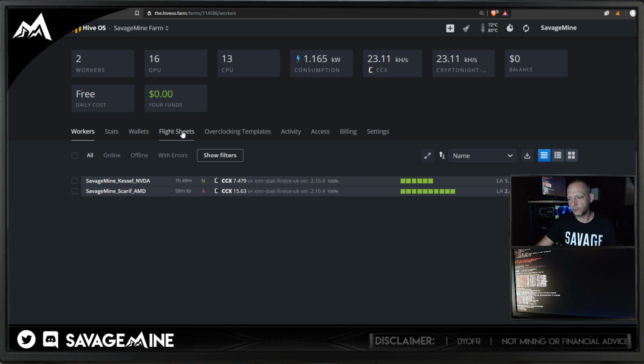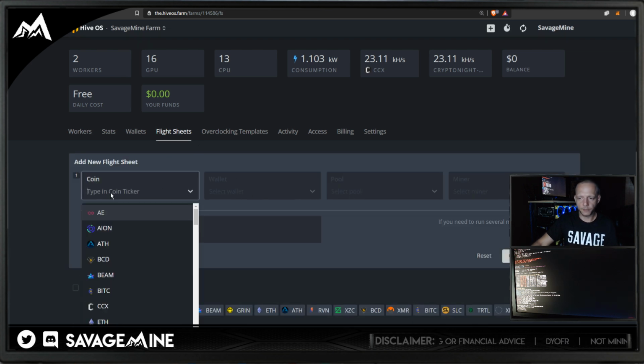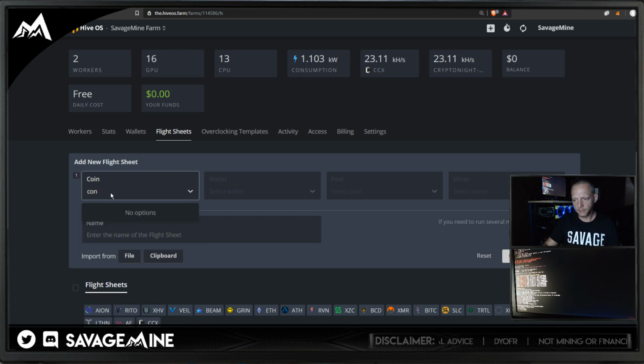So let's go to flight sheets, and we're going to be able to add a wallet in here because Conceal is actually in Hive OS already. So if we go CCX,